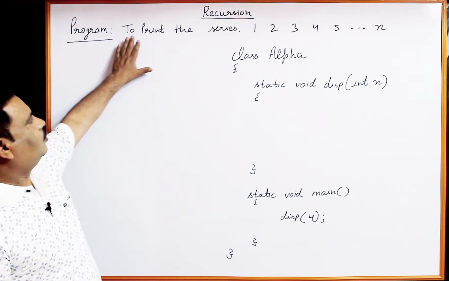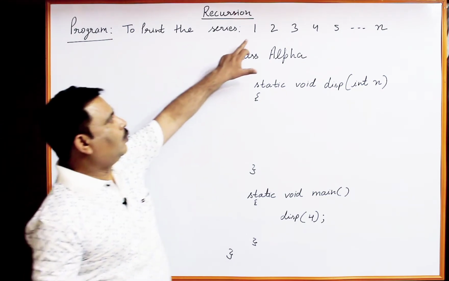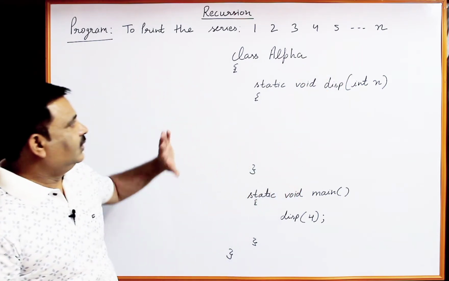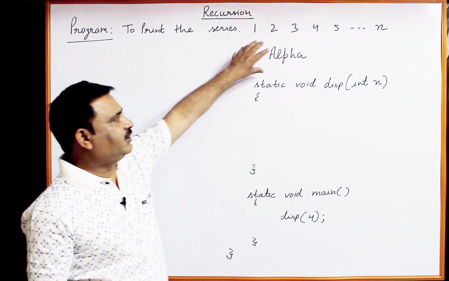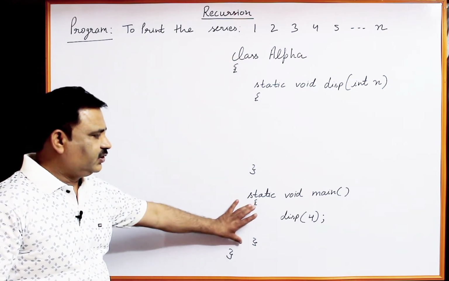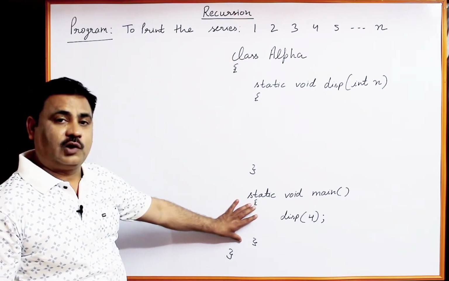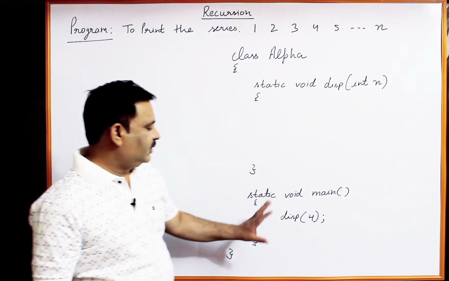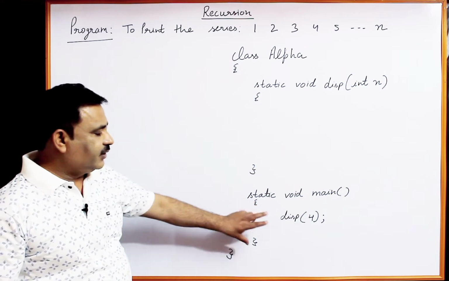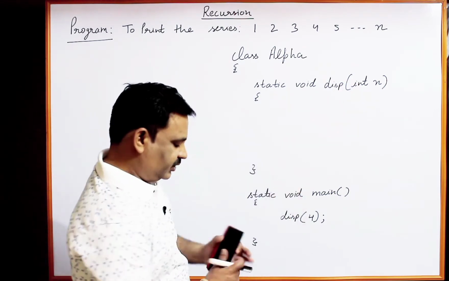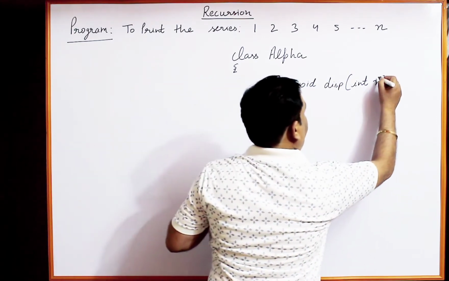The program is to print the series 1, 2, 3, 4, 5 up to n. I have taken a class whose name is alpha. Within this class, the function is void main, from where we will call the function disp, static void disp. I am just calling the function disp by passing the value 4. So here, first of all, n will become 4,